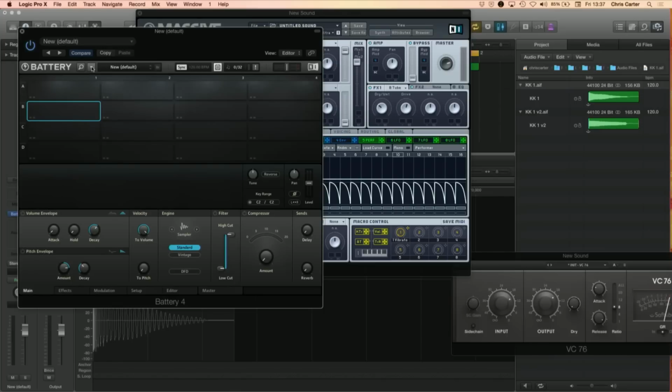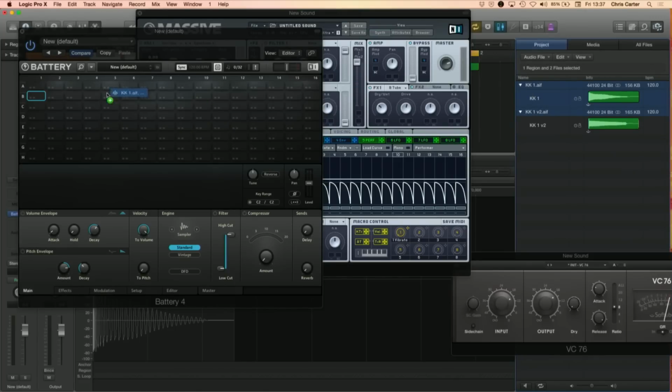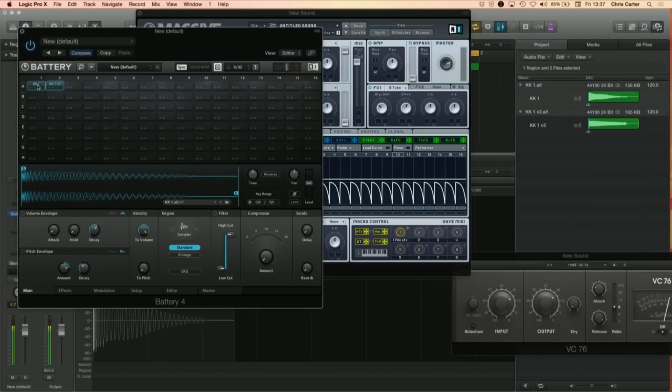But okay, let's say that we're building our own library and we're looking for something which is a little bigger. We could be greedy and go for 16 by 8, a much bigger grid. I mean, that's quite a lot. But let's say we drag both of those in, drop them in there. And there's the first sound, there's the second. It's quite interesting when you see the difference